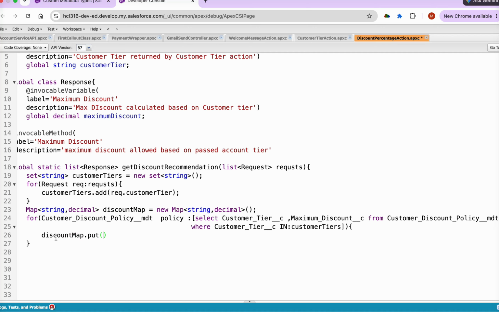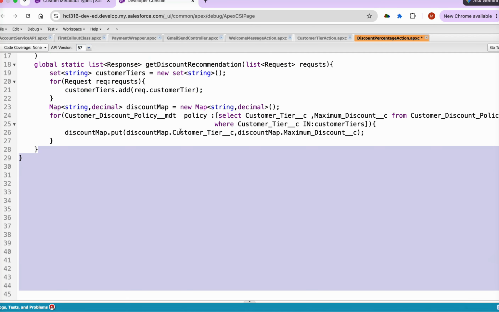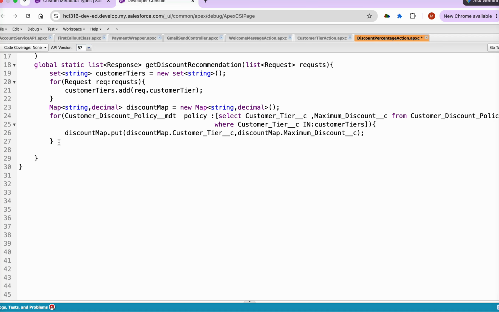And then the next part, just put everything in the map. Okay, so as I said, the key will be the customer tier. So on the key we will put the customer tier, and on the value let's just put the maximum discount, or we could also put everything from the metadata, but because we are just querying the tier and discount and one is key, the logical thing to do is to make maximum discount directly the value. Okay, so far so good. We were able to create our metadata map. We'll come out of the loop and then again we will